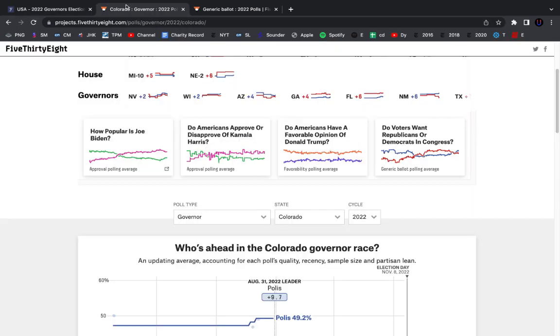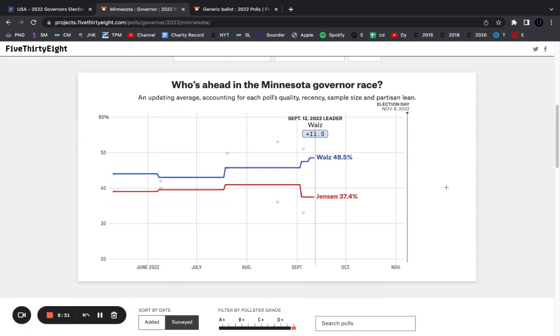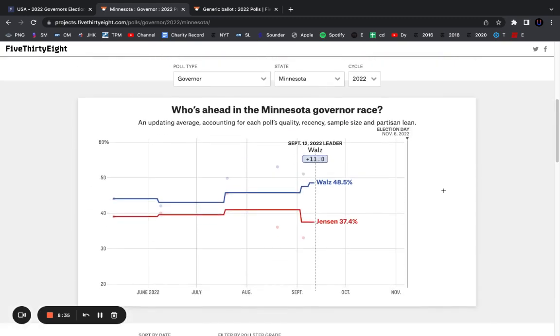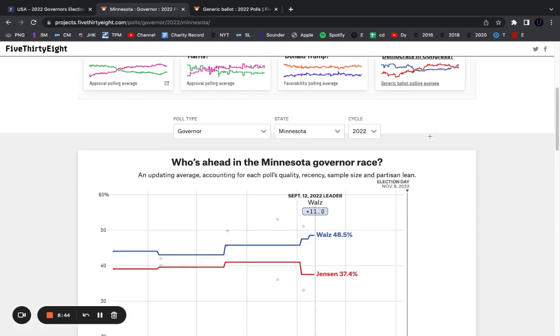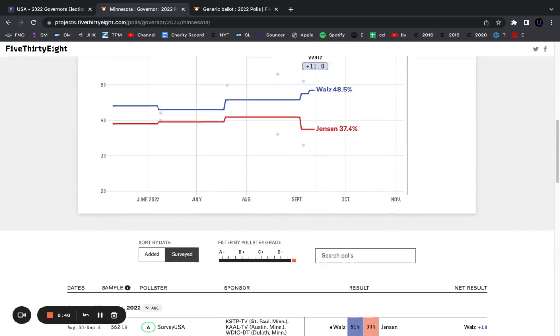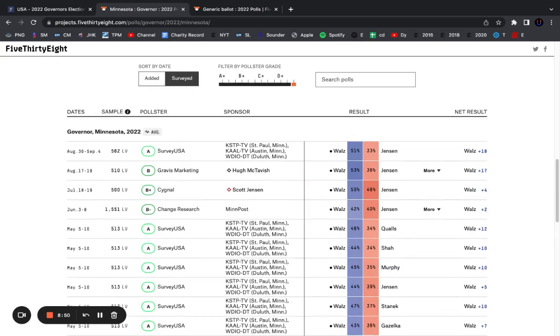Minnesota's another one. Originally, there was some concern for the Democrats because, I think there was a Wheat Party candidate on the ballot, and the supposed path for a GOP victory would be splitting the vote between Walz and the Wheat Party candidate. But the polls have been abysmal for Scott Jensen, and he has no money. He's run no ads. The GOP do not really care about his race at all, and they're not funding him. Whereas Tim Walz has a ton of money in the bank, and he's spending and attacking Jensen, and he's a popular incumbent. It's really hard to beat a popular incumbent in a state that leans towards that party.